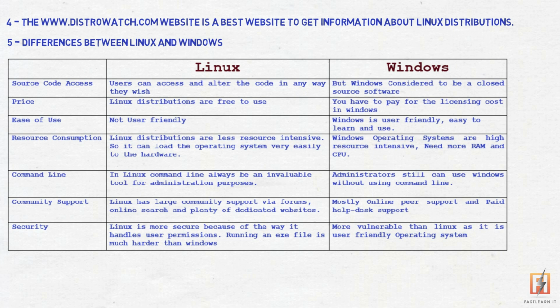The next major difference between Linux and Windows: security. Linux is more secure in comparison to the Windows operating system, but we cannot say it is completely secure. Still, there is some malware, but it is less vulnerable than Windows. Every program in Linux, whether an application or a virus, needs authorization from the administrator in the form of a password.